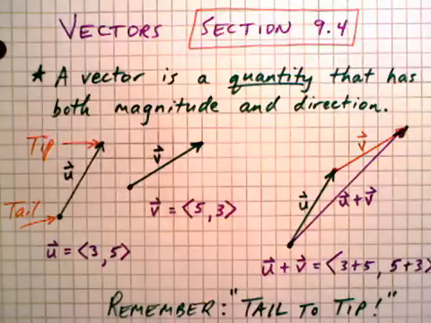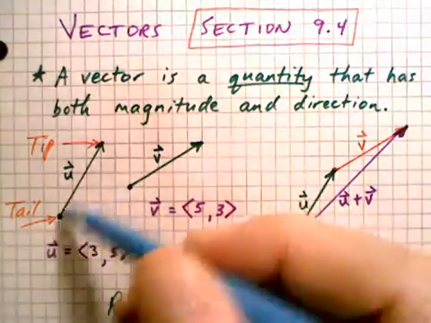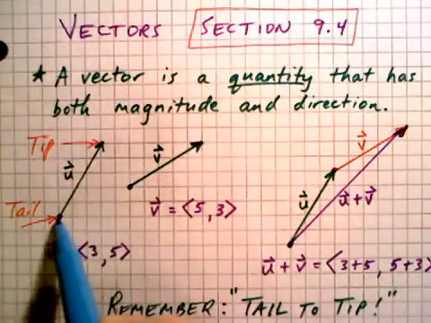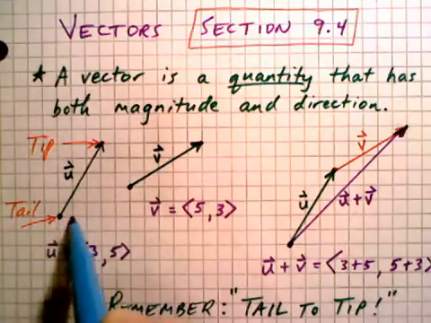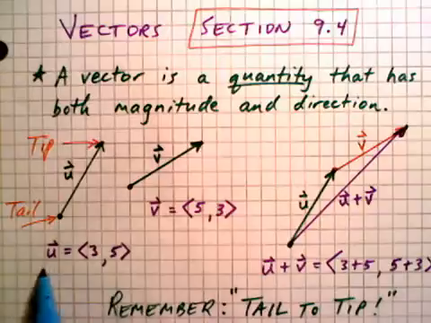But I also wanted to talk about the different forms in which we can write down what a vector is. So this first video is really about giving you a heads up on the terminology and what we can do with vectors. If we draw a vector, and start counting from the tail as if the tail were at the origin, we go to the right 1, 2, 3, and we go up 1, 2, 3, 4, 5, and we can express the vector